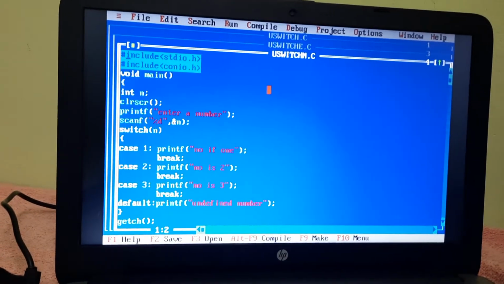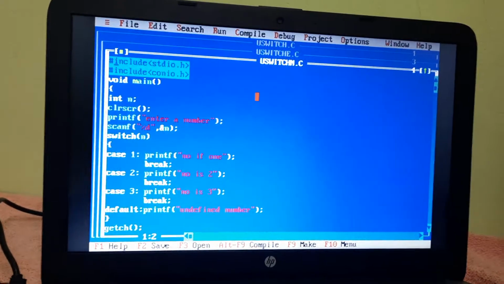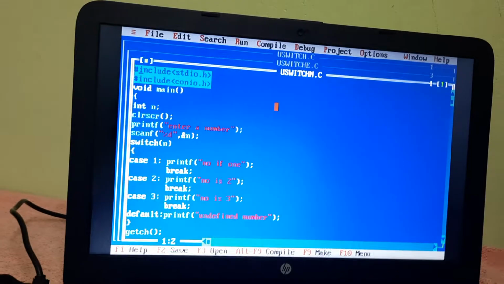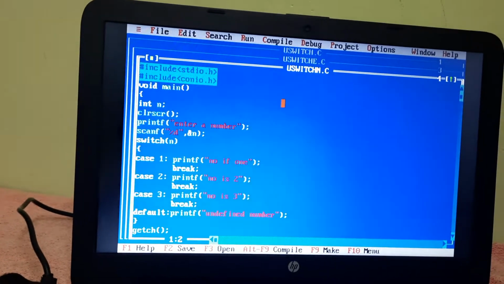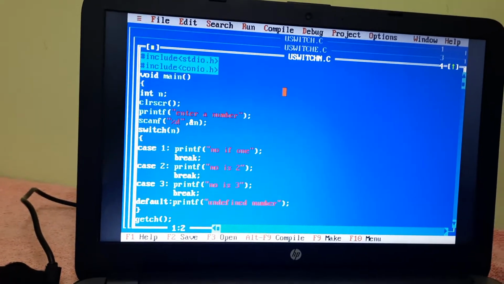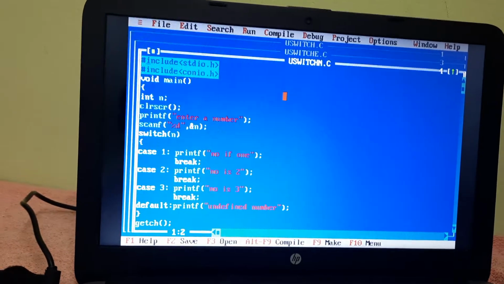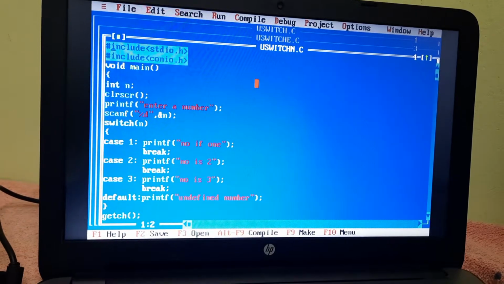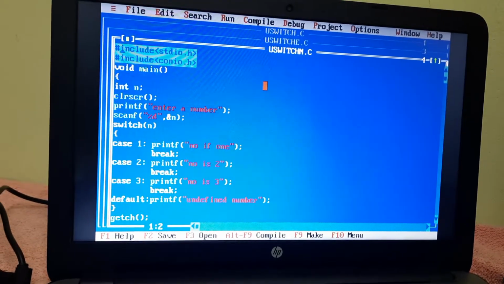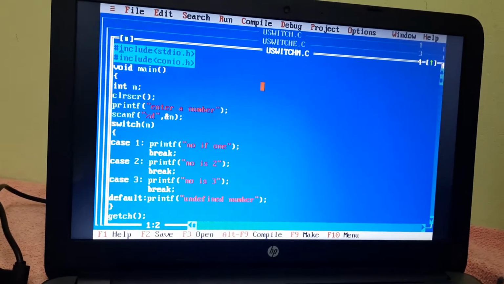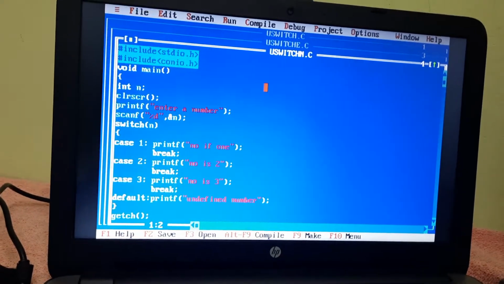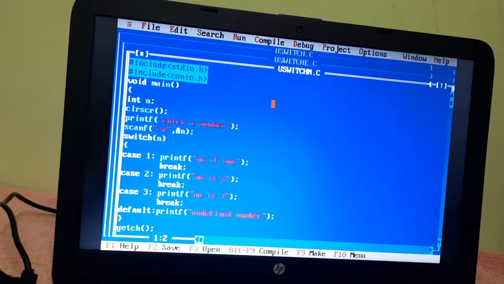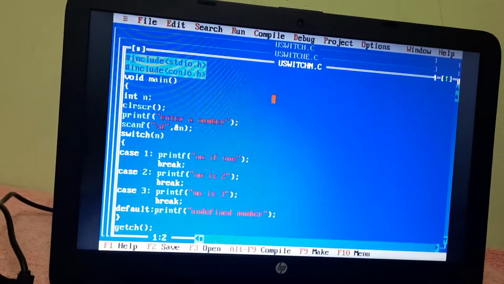Next, one thing to remember: normally we use an integer for specifying case values or the expression in switch. Most people think we can use only integer values. That is wrong. We can use an integral type of data in a switch case. Integral type of data means it may be an integer, a character, or an enum also. I will explain these three types with the help of three example programs.